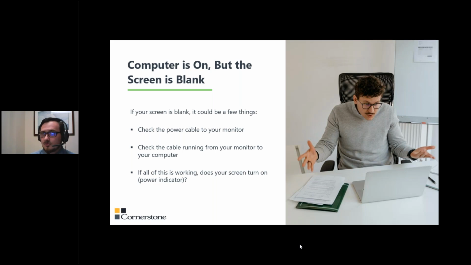And the motherboard is sort of like the connecting piece to everything. I'll show you a full diagram of it at the very, very end. But what that is, realistically, is a notice to you that your computer is unhealthy and something is seriously wrong. That means that you'll need to get into the guts of the computer to get it fixed, and that's when you absolutely need to call IT.